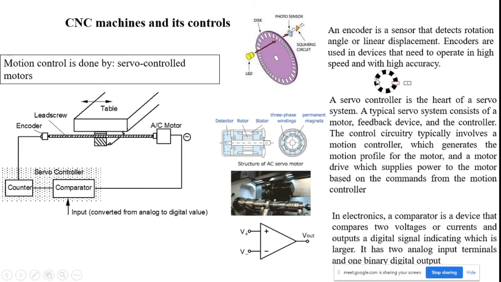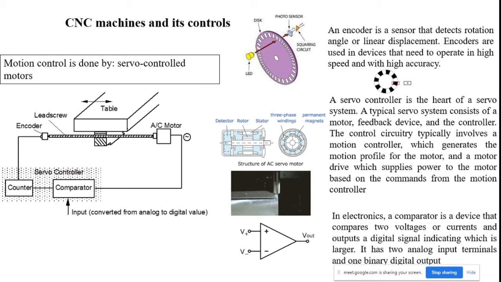Here you see one animated diagram, which consists of a lot of black and white. The black color represents the absence of light, and the white color represents the presence of light. When black enters the red square box, the display converts to 0, and when white enters the red square box, the signal is converted to 1. So from this, the machine can understand how much rotation angle the encoder moves, and how much linear displacement will be taken by the lead screw can be calculated with the encoder.